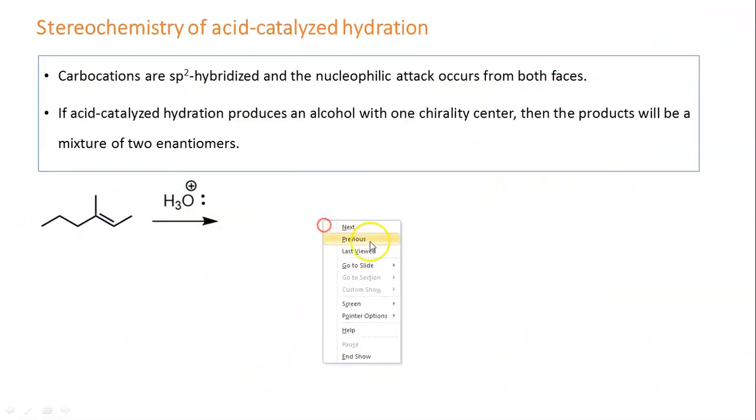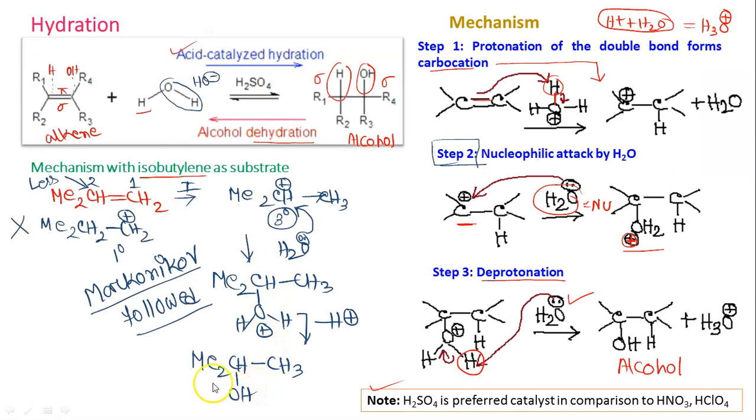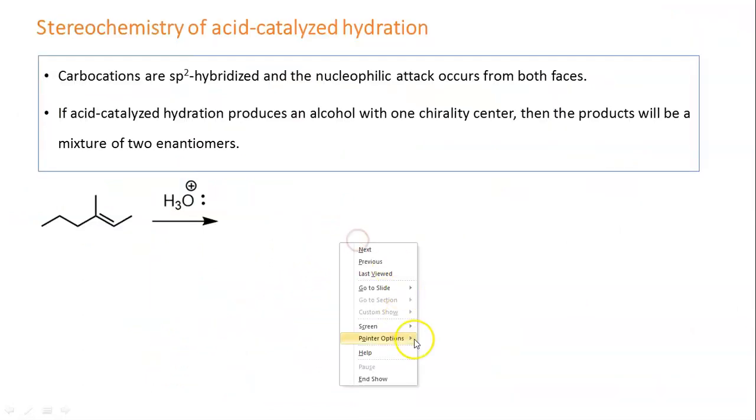Stereochemistry of acid catalyzed hydration. Okay. So stereochemistry, why are we discussing it? Because in the product there will be formation of a center in some cases, not always, which will be a chiral center. So if you look at the previous case, here we have Me2CHOH-CH3. So this is not a chiral center, right? Because OH is added to that carbon where 3 groups are the same. So here a chiral center is not generated, but in some cases maybe there is chiral center generation.